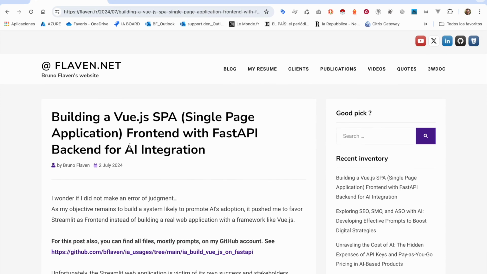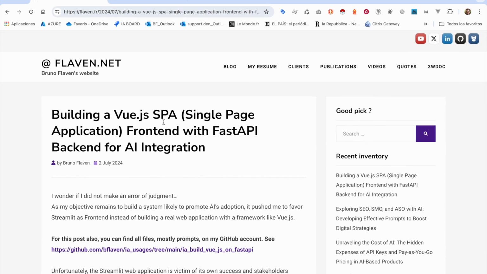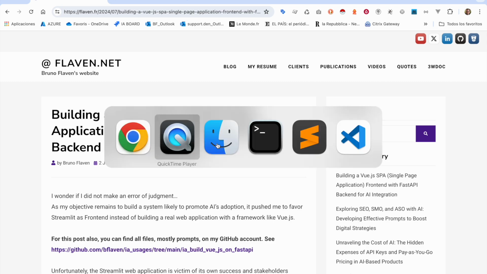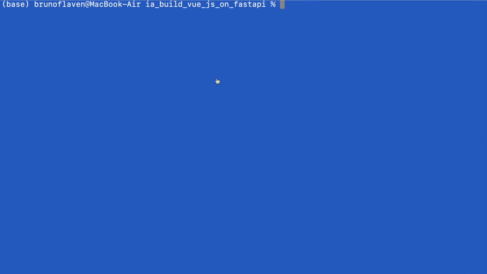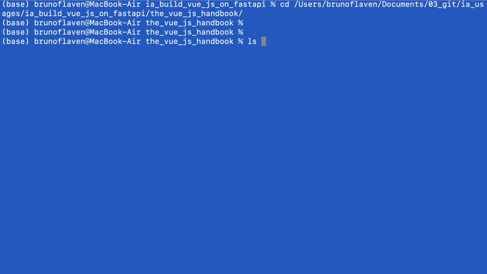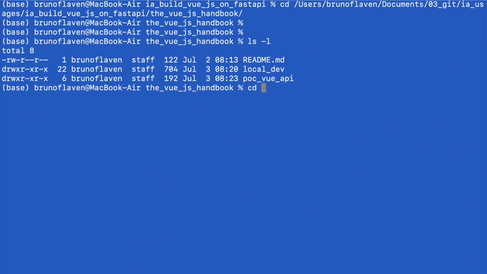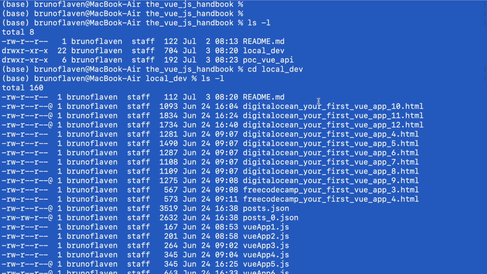So we're gonna add some complexity on this subject: how to handle a Vue application and connect it to an API. This time I'm not gonna use a FastAPI. If you don't want to install everything that I did previously, you can even think about having something really quick. I'm gonna go in local, and I have taken resources from this website, Digital Ascent, and also